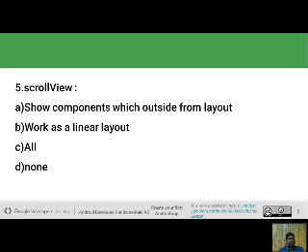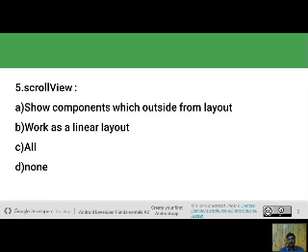Next is scroll view. When we have many elements in a layout and those elements are not found on the mobile screen, then to handle those components we use the scroll view. Scroll view saves all components in memory, and when you scroll down, the upper components are hidden automatically and the lower components become visible.